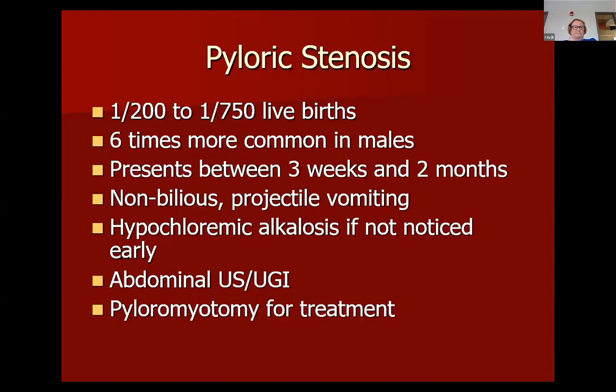When John Y. Brown was governor, his wife, Phyllis George Brown, who was Miss America and all that sort of stuff, had their first child, Lincoln Tyler Brown, who had been a premature baby. At 2.5 months of age, when I was on call for the University of Kentucky, his neonatologist decided that I should see him in the ER in the middle of the night, after he had been having problems for a couple of days. Sure enough, he came in. We were not doing abdominal ultrasounds at that time to diagnose this. He had an upper GI, and he did have pyloric stenosis and went to surgery during the middle of the night. He was probably my most famous patient, other than